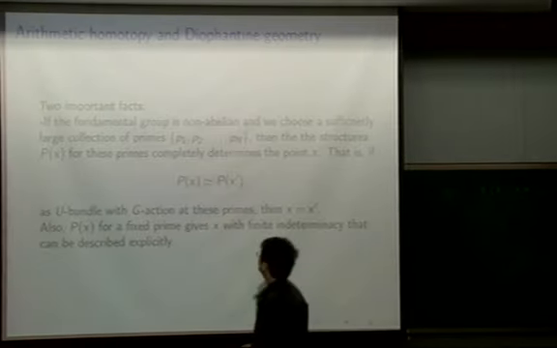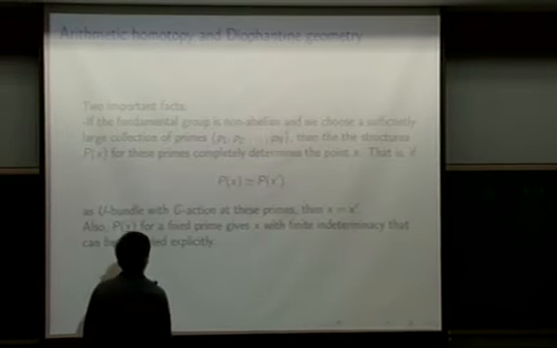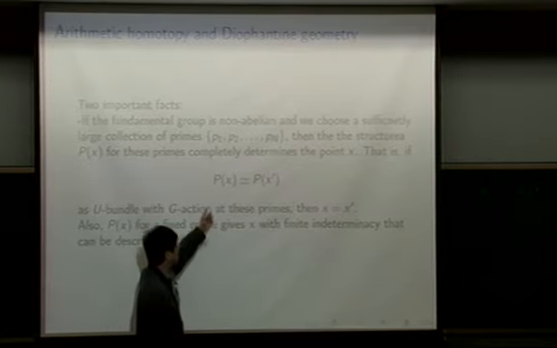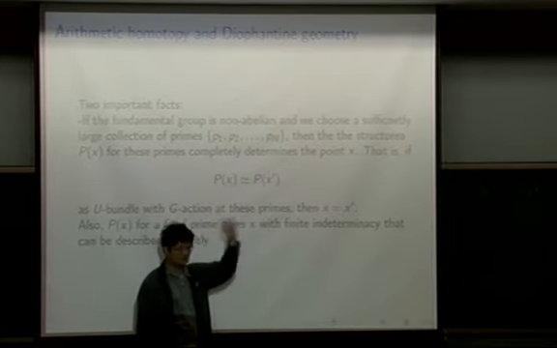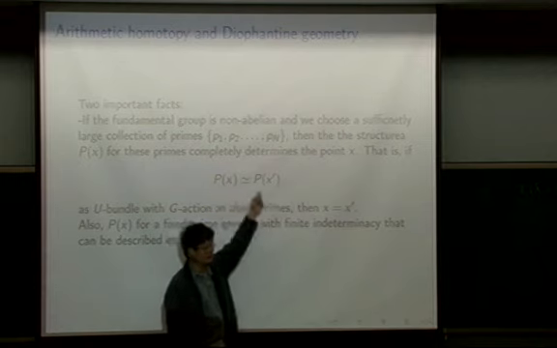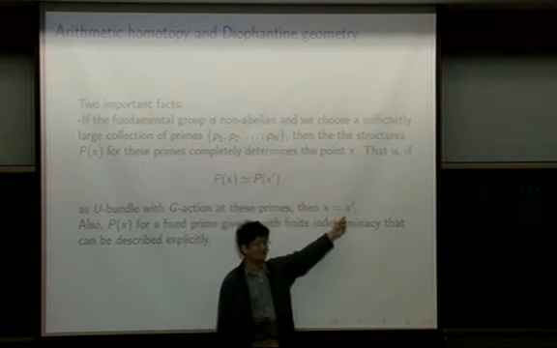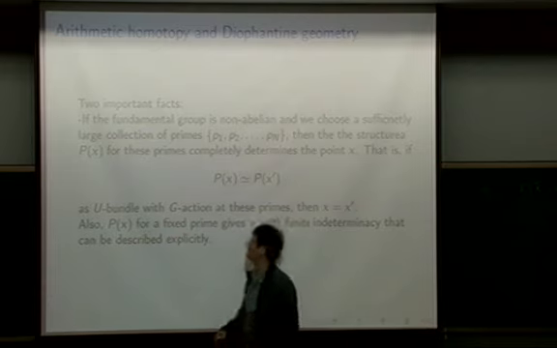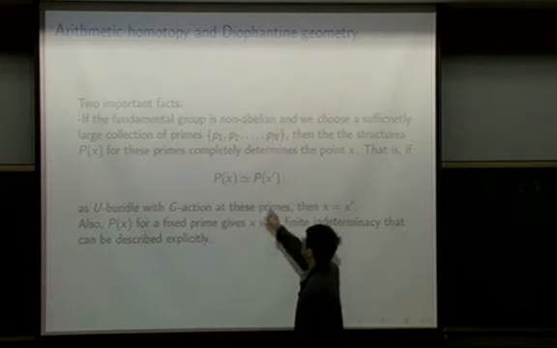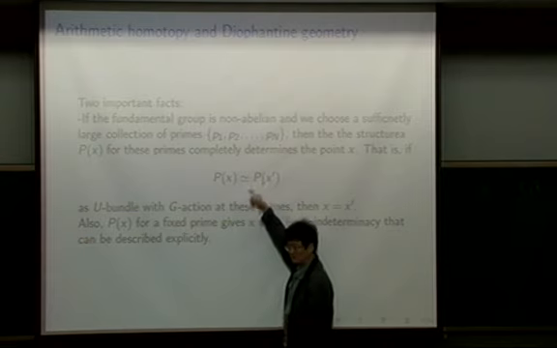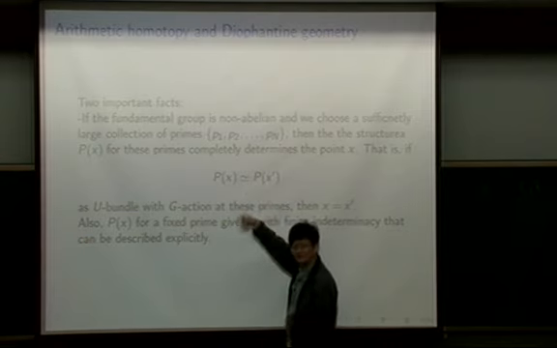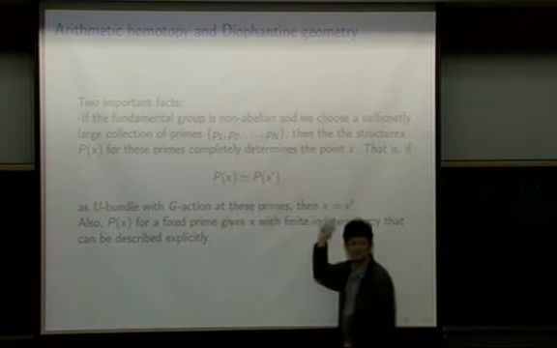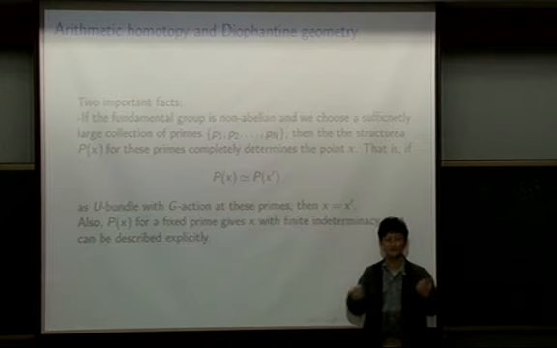So, here's an important fact. You can ignore most of this, but basically what I'm trying to say is that if you take it together with the Galois action, these principal bundles actually identify the point, essentially. Actually, you may have to take a few primes. You can ignore that fact right now. But essentially, whenever you have two of these principal bundles isomorphic to each other with the Galois action, then the points have to be the same. So you can actually safely encode points using these principal bundles.